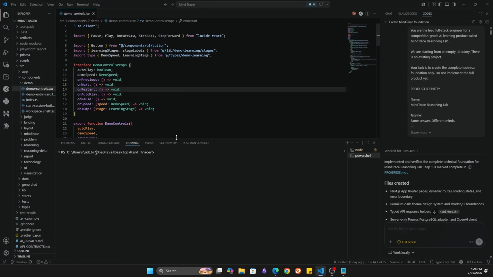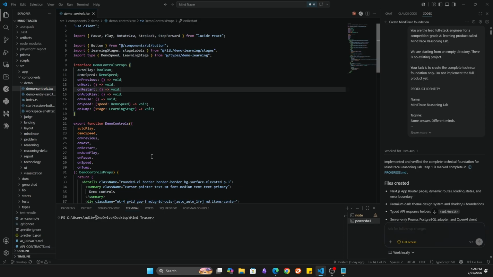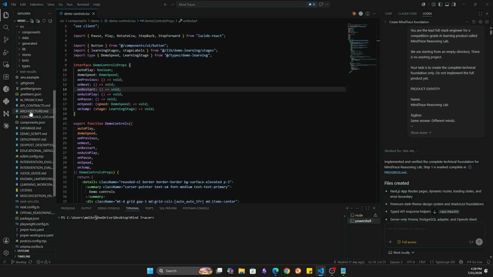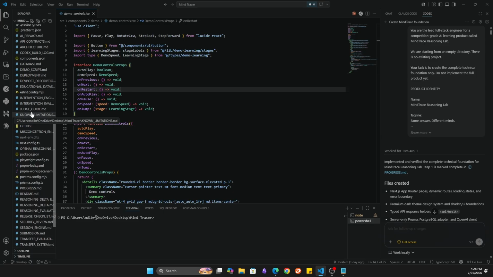This is also our main development environment. I first discussed the product concept, learning flow, technical decisions, and user experience with ChatGPT. Based on those discussions, I created detailed implementation prompts and used Codex with GPT 5.6 to build and complete the